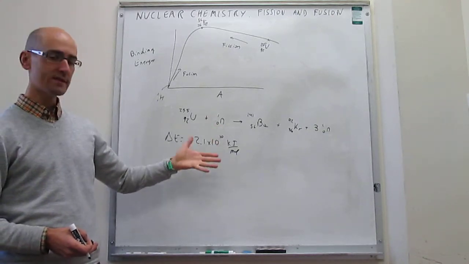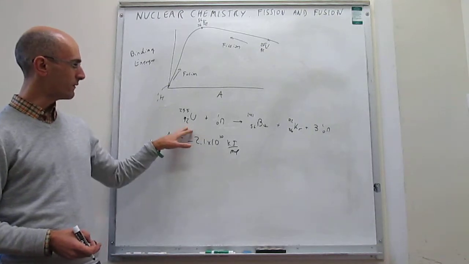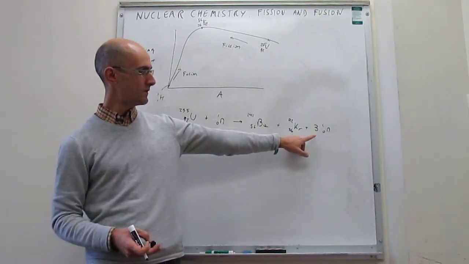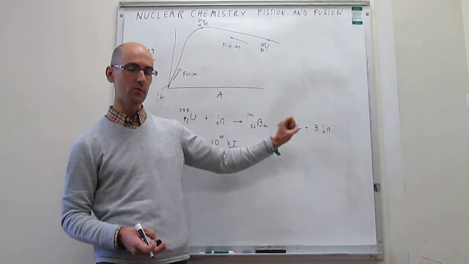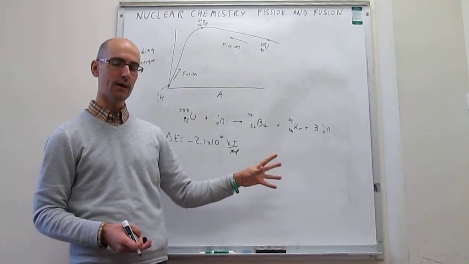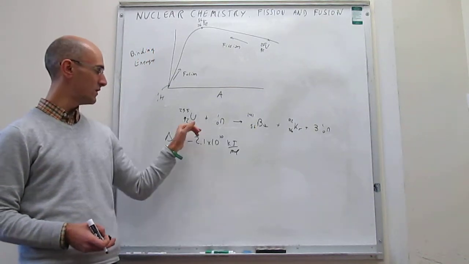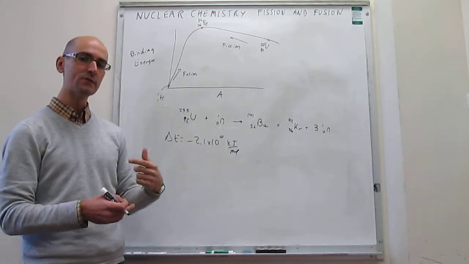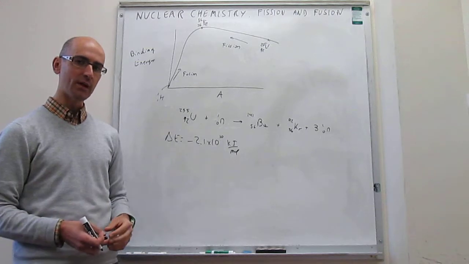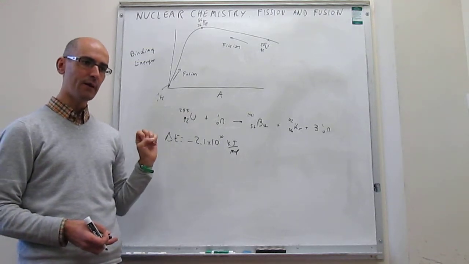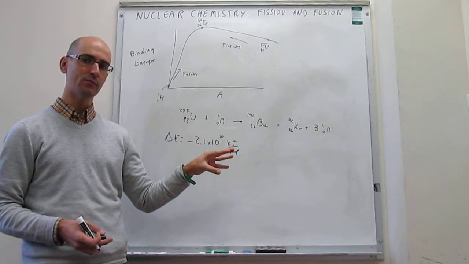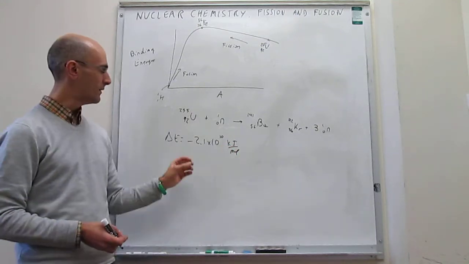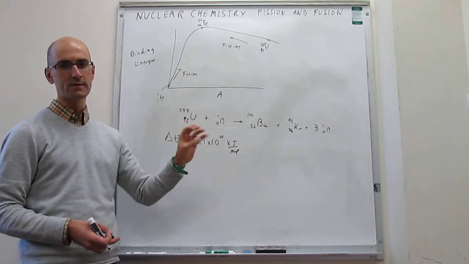And that is interesting because if there's more uranium-235 around, then these neutrons that you have generated anew are going to be able to undergo fission with that uranium, right? So this is a self-sustaining type of reaction, what we call a chain reaction, right? If your reaction produces more reagents, then if you find the other type of reagent, then you can continue